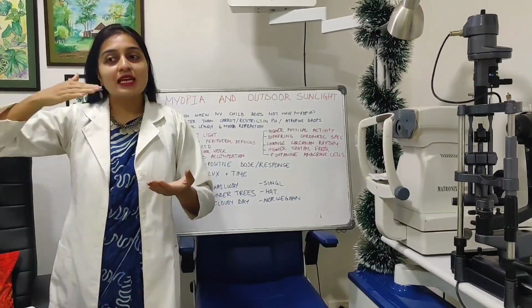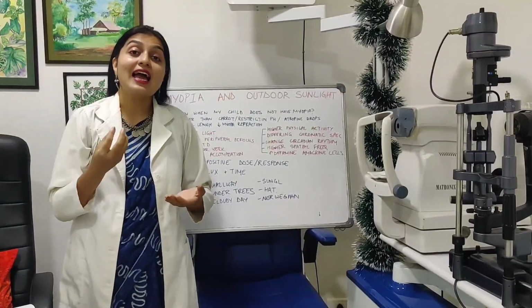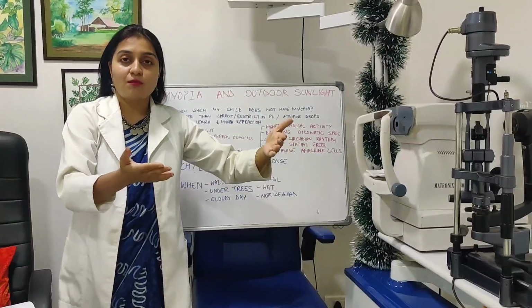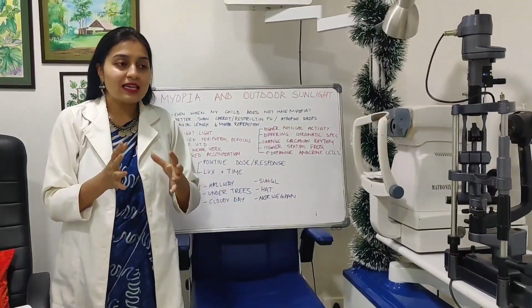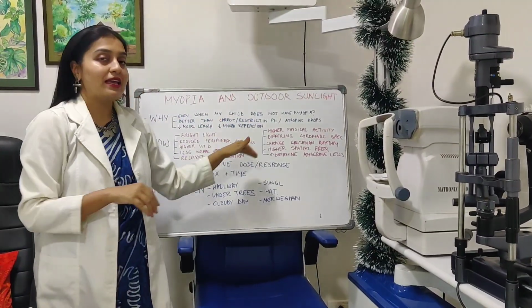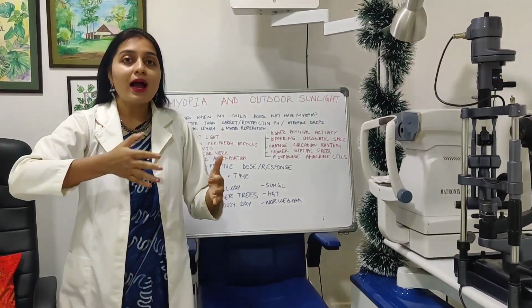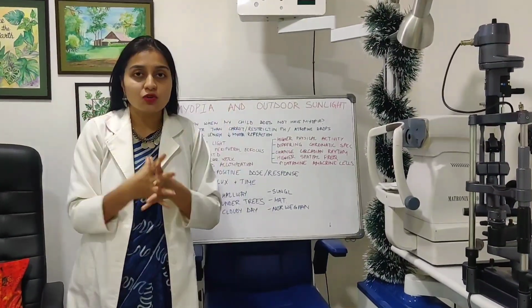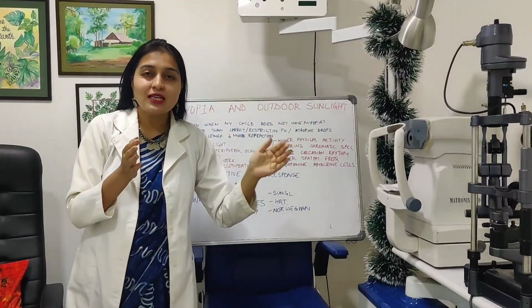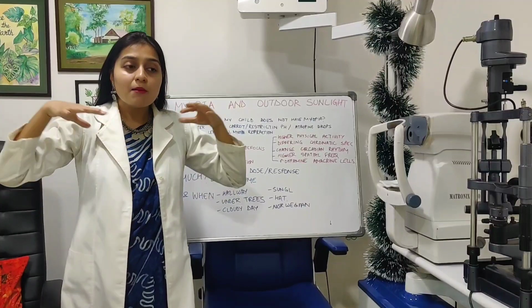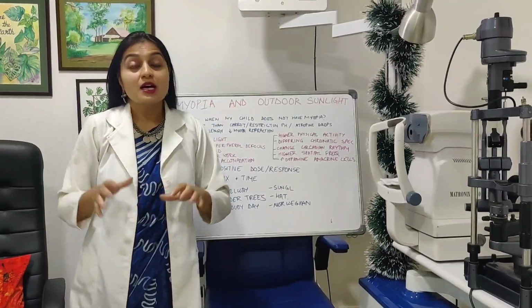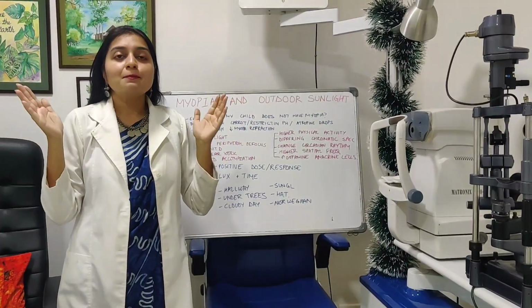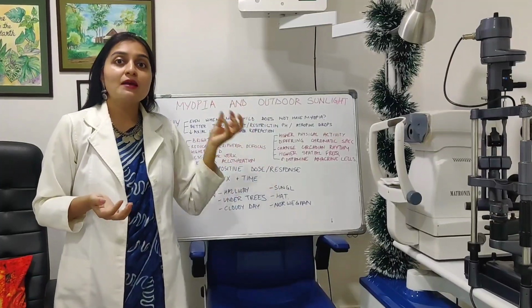Atropine drops can only be used in progressive myopia and people who already have myopia. And so, outdoor sunlight time can stop the initiation of myopia. So, isn't that even better? The other thing is that outdoor sunlight time works in multiple ways, which we will go into subsequently, while atropine drops has been shown to have fewer ways in which it controls myopia. So it controls by axial length mostly, while outdoor sunlight time has multiple different ways that it is controlling myopia. So it is more multi-pronged. Therefore, outdoor sunlight time outweighs absolutely any other modality of controlling myopia.